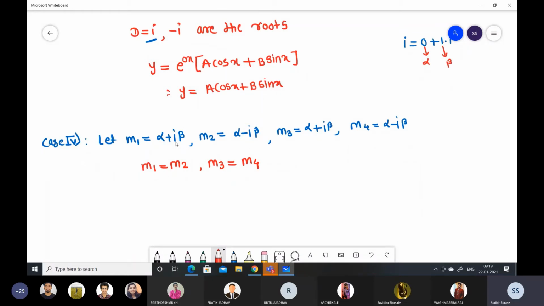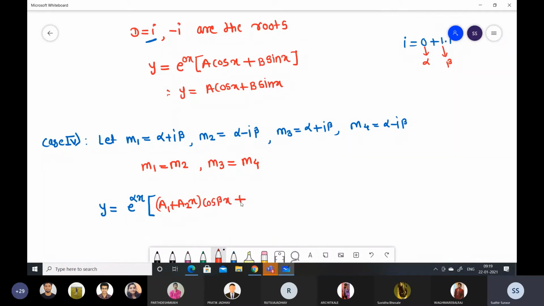That is fine, but what will be the change in that solution? What will be the change that we have to see? In this case y is equal to e to the power alpha x, the real part term as it is, but the change will be in the arbitrary constants. Instead of writing a, write a1 plus a2x, a little adjustment of x in the case of repeated complex roots, a1 plus a2x bracket complete, and the cosine term you write as it is, cos